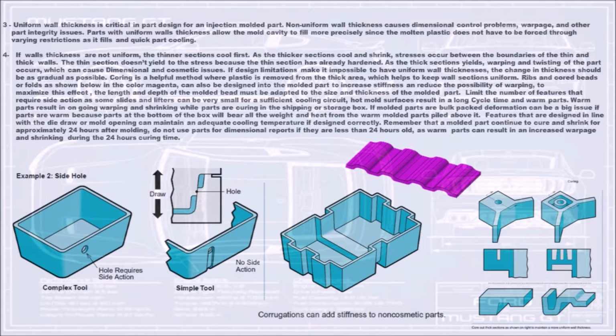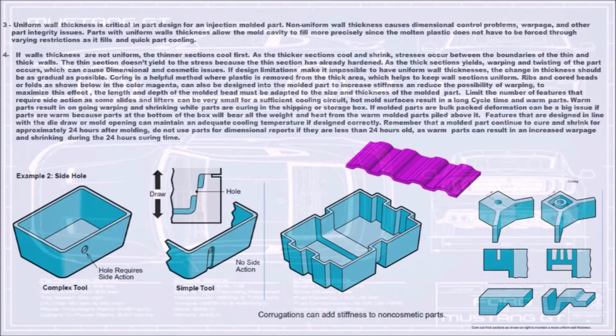possible. Coring is a helpful method where plastic is removed from the thick area, which helps to keep wall sections uniform. Ribs and cord beads or folds, as shown below in the color magenta, can also be designed into the molded part to increase stiffness and reduce the possibility of warping. To maximize this effect, the length and depth of the molded bead must be adapted to the size and thickness